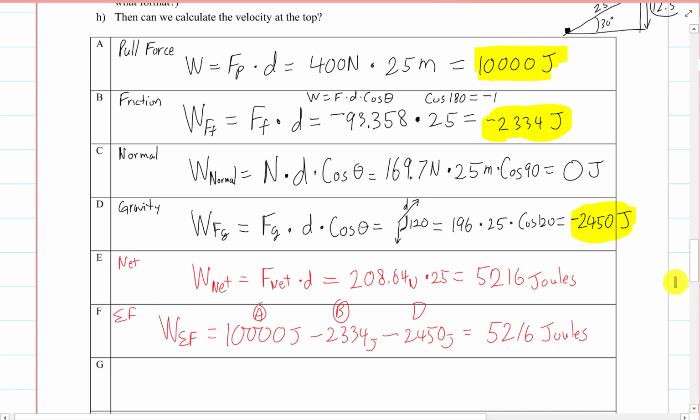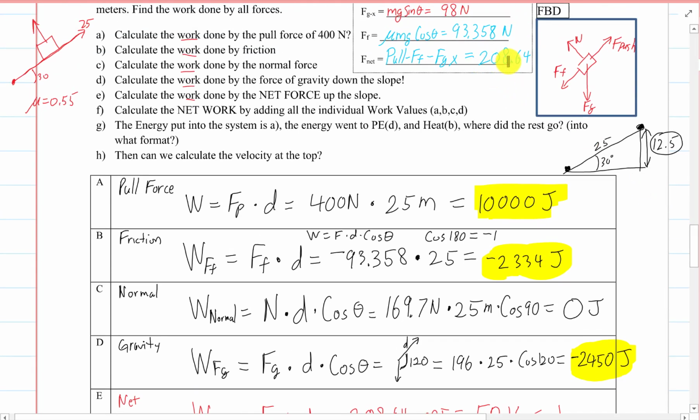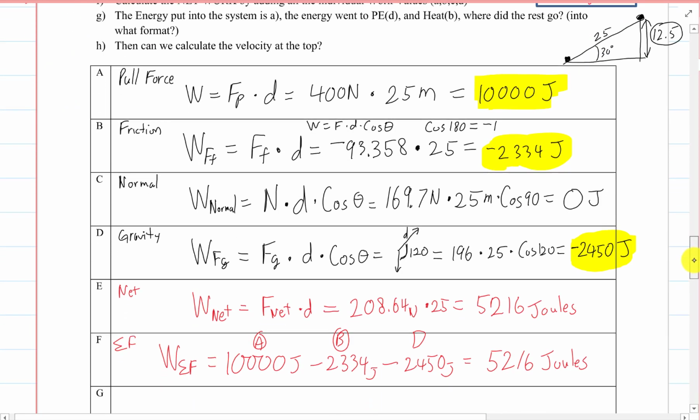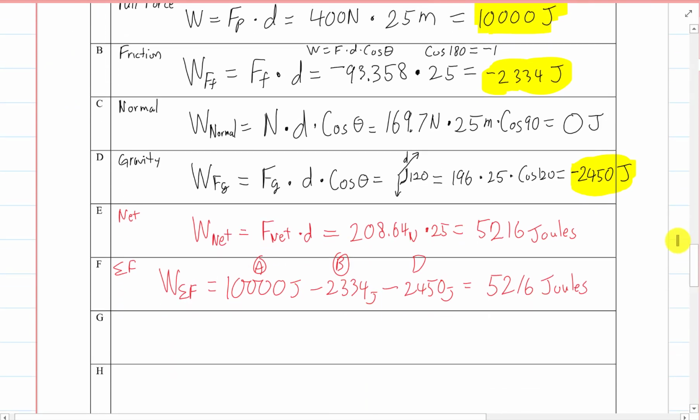It started from rest and it's speeding up. We have a net force that's not zero. That means the object is accelerating. So the rest of this energy went into kinetic energy. The kinetic energy is 5,216 joules. The rest of it went into kinetic energy, which is going to be our 1/2